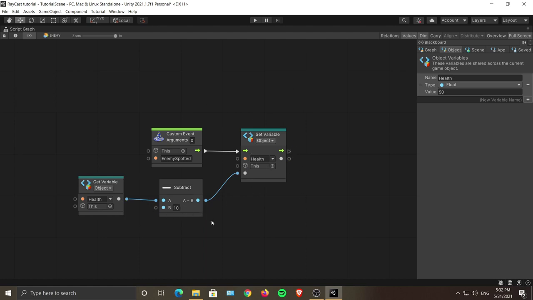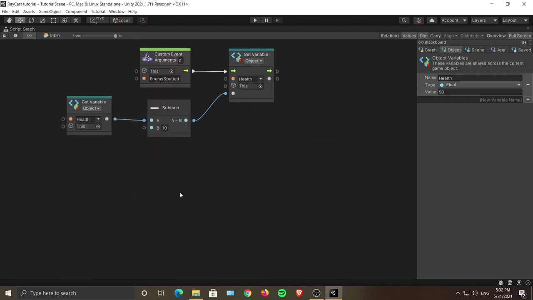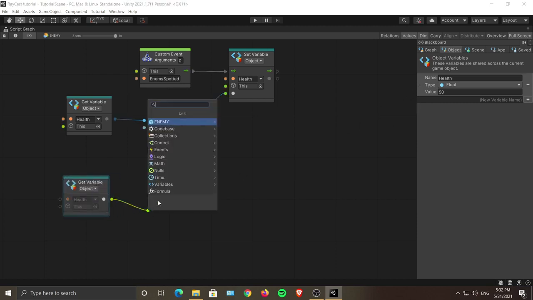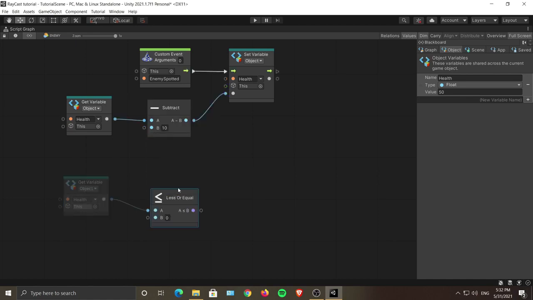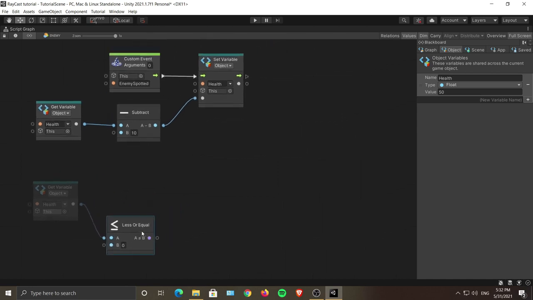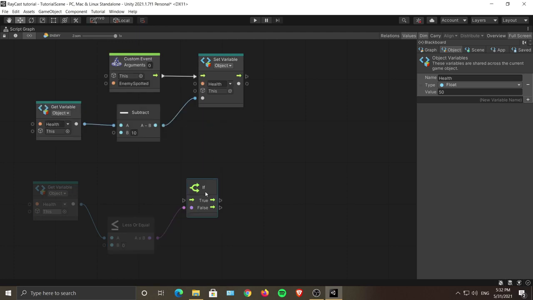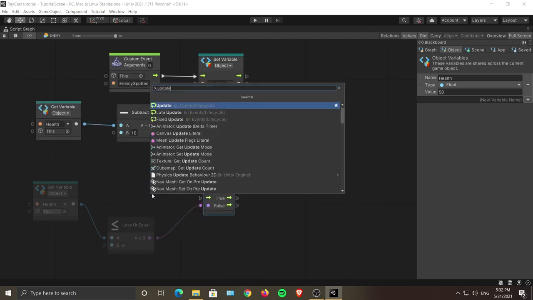its value will be subtracted by 10, and then what we have to do is we need to check if our enemy health gets below 0. So let's just take enemy health again, and we will run a boolean condition over here, which is less than or equal to. So if it is less than or equal to 0, then we want our enemy to die. So we will have an if statement. Let's plug this with the update method,